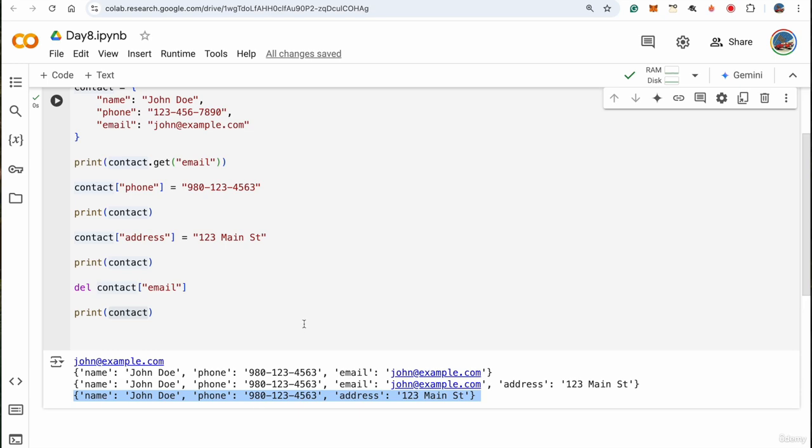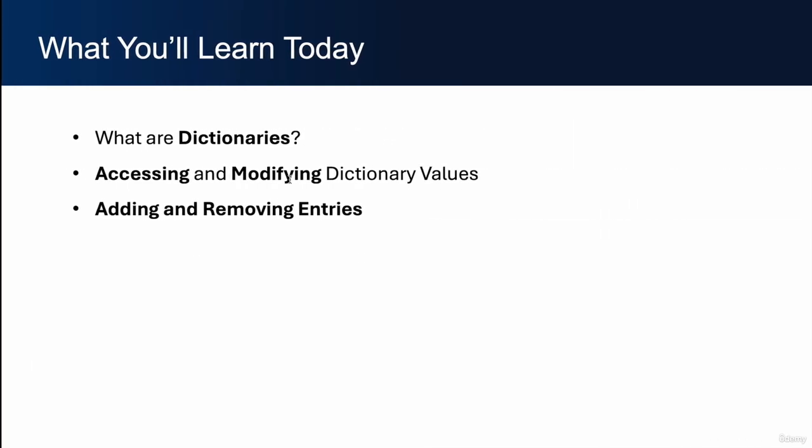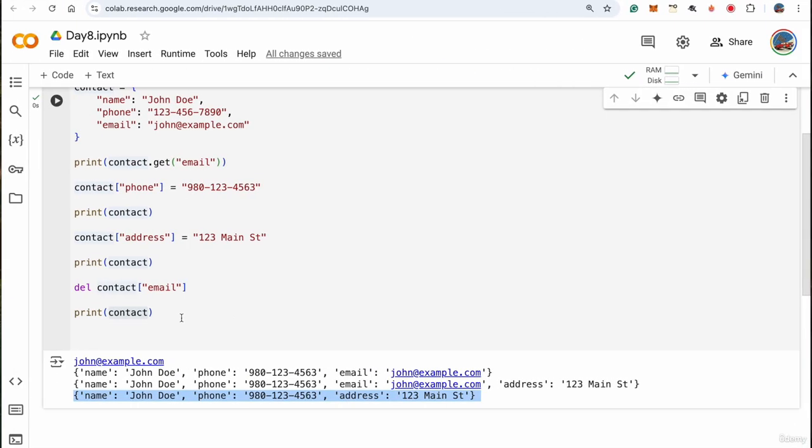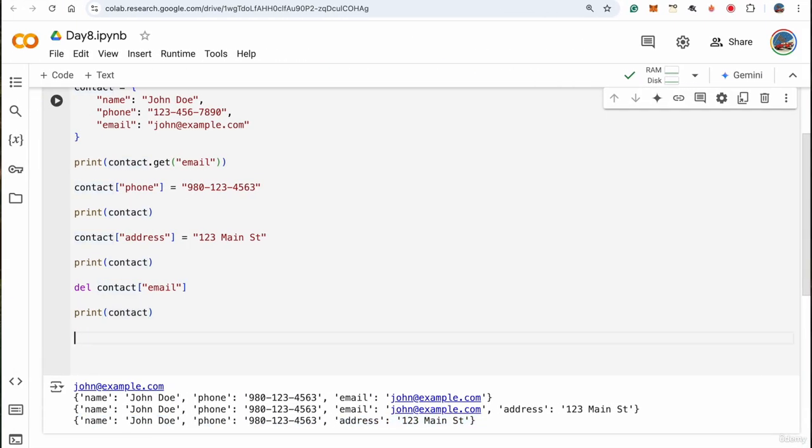So that's how you can delete email. So this is how you can add and remove entries into a dictionary. Next, let's look at looping through a dictionary. Now, looping through keys and different values is a little bit different from a list, where I can say, for example,